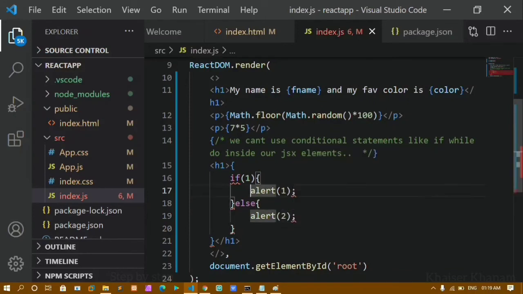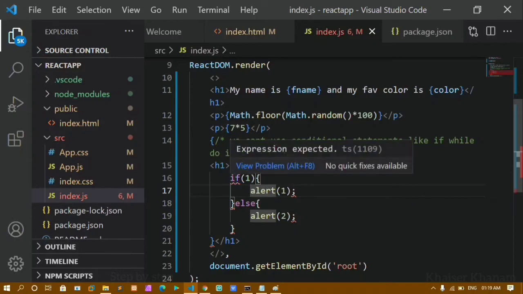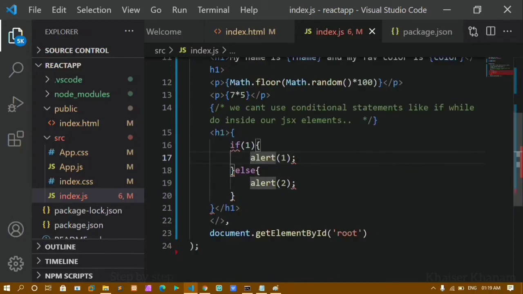I'll save this. You can see I'm getting this error: expression expected. Which means that inside my JSX element, inside a JSX expression, I can't use these conditional statements.